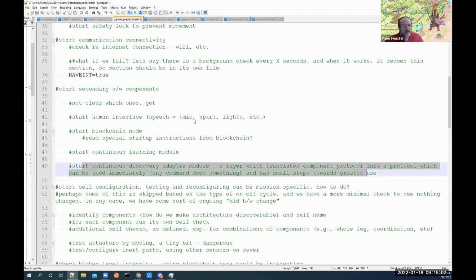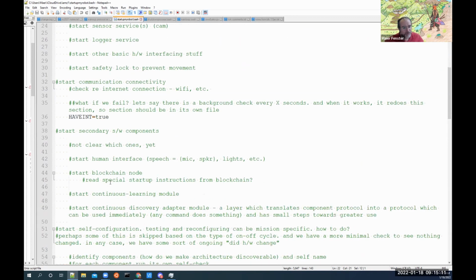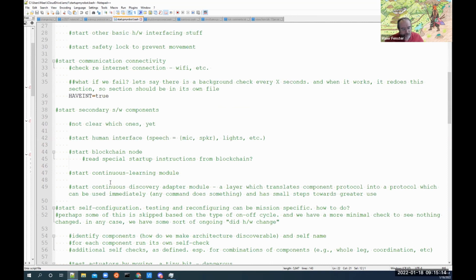Let me explain. The rover has a motor service, which means you can give it commands and it will carry them out. I believe that one of the jobs of the operating system is to make it easy for the rover to continuously discover what it can do and improve itself. That means that if I require the higher level programs to give precise instructions, I put all of the complexity of knowing what the rover can do at a higher level. Instead, if we have a layer